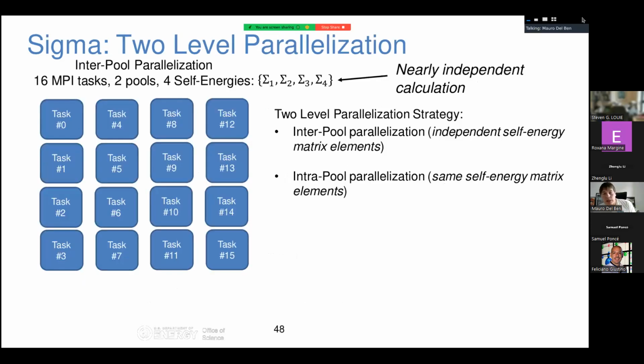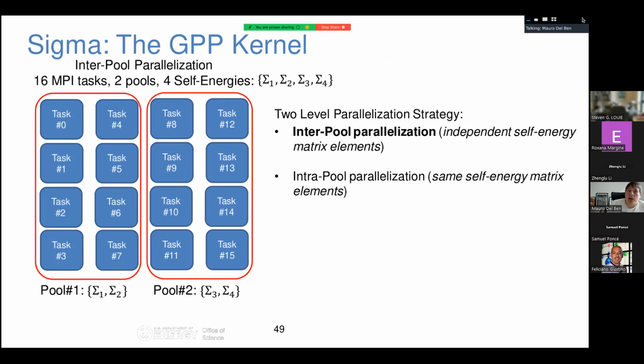Now, for sigma again, I'm showing here the parallelization strategy, which is important because for many applications we have seen that sigma is the bottleneck for a GW plus BSE application. So the good news is that sigma has almost perfect parallel scalability, and the reason is that we have a two-level parallelization, which is going to be turned in the future into a three-level parallelization, but there are more details for probably next year. Since we have to calculate a set of self-energy matrix elements, we can essentially split it